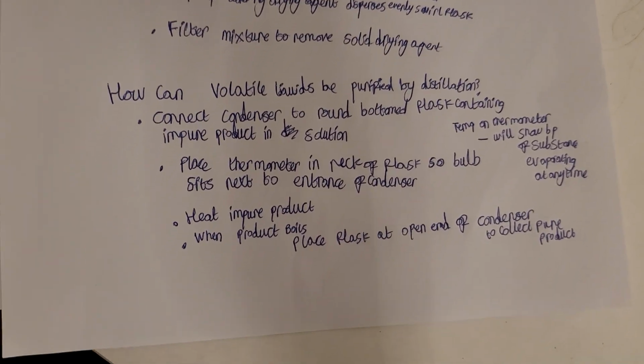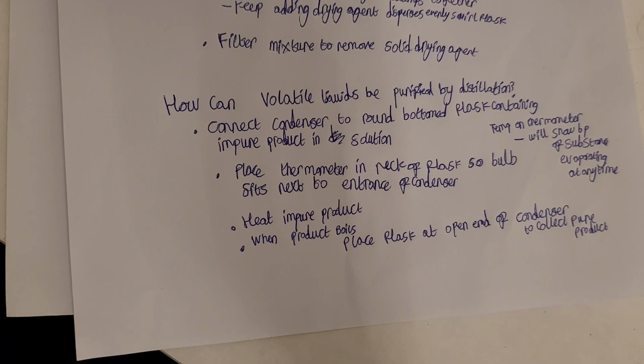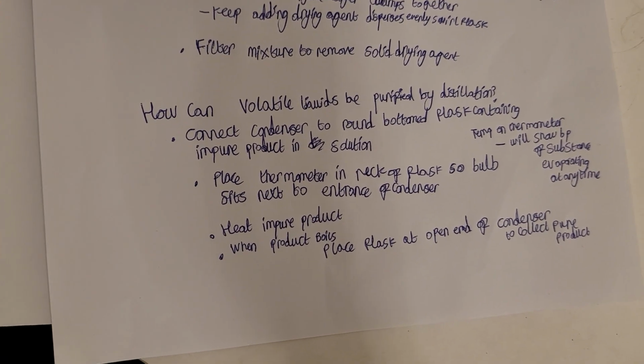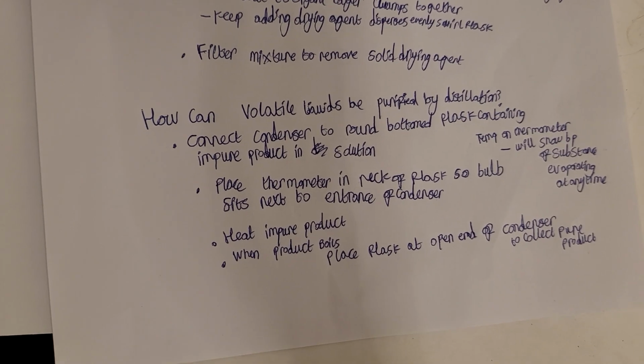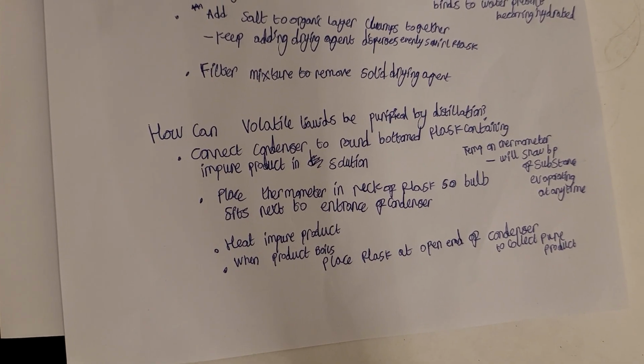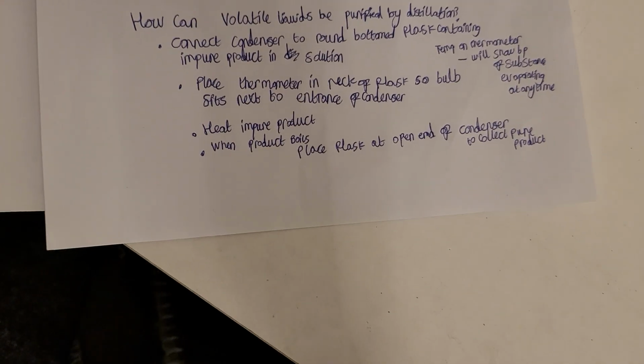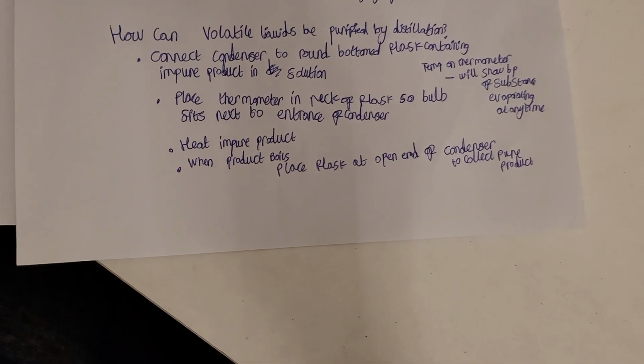How can volatile liquids be purified by distillation? We want to connect the condenser to a round bottom flask containing the impure product in solution. Place the thermometer in the neck of the flask so the bulb sits next to the entrance of the condenser. Then we want to heat. Once we place the thermometer in the neck of the flask so the bulb sits next to the entrance of the condenser, we want to